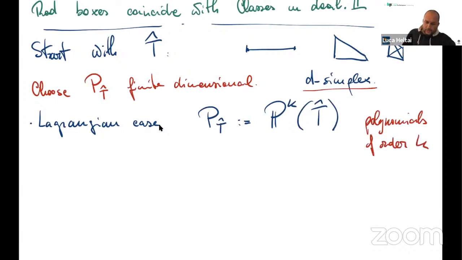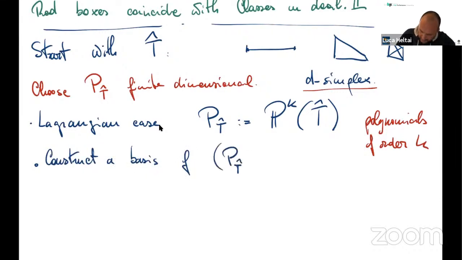And now the discussion was, once you have defined the element and the space of polynomials of the element, we want to construct a basis for P of T hat